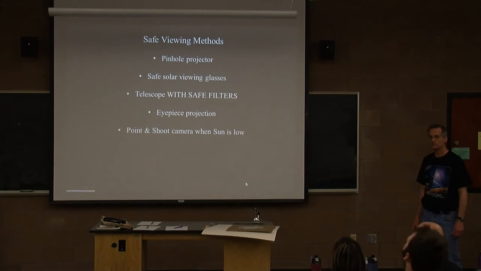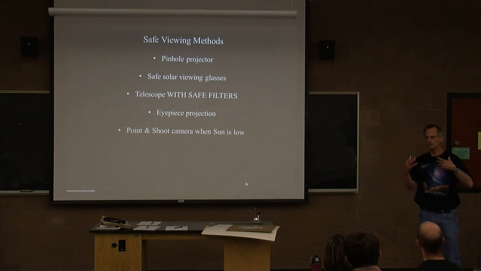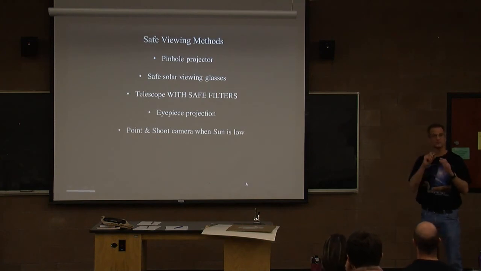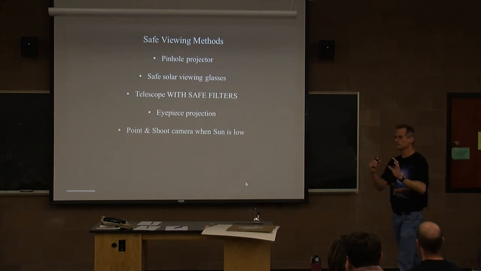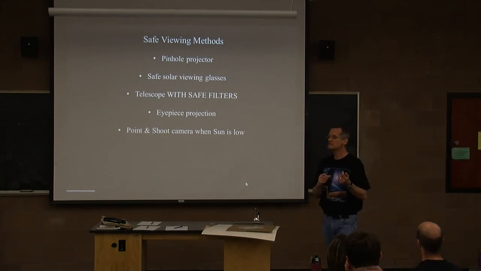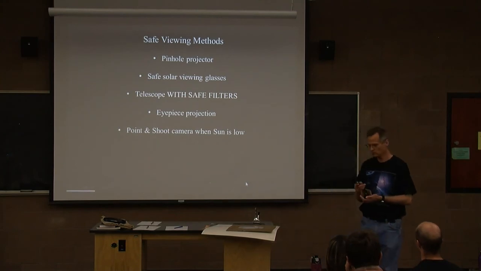Finally, point and shoot cameras. When the sun is low, not when it's up high and bright, but when it's getting down toward the horizon and a lot of the light's filtering through the atmosphere, where you're tempted to almost look at it, it's faint enough. I've seen people just hold up point and shoots and take pictures and get an image of an eclipse, of a transit, and Venus shows up. Zoom out as much as you can, put it on a ledge to hold it steady, and just take pictures. It never hurts to try. Take as many pictures as you can, and a couple of them may turn out really, really cool.